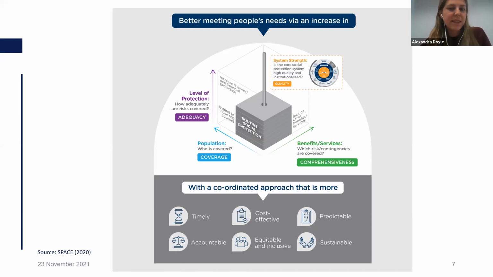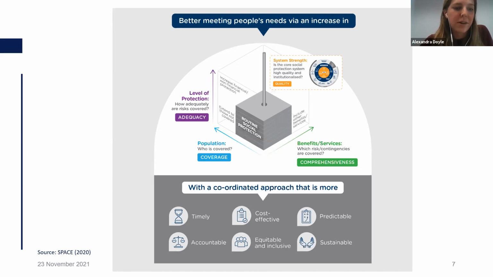In some instances, they could increase coverage by reaching people not routinely covered by social assistance programs. And in others, they were able to expand comprehensiveness to address new risks. And this all took place in a context where there was a need to act quickly before people start to resort to using negative coping strategies. And so timeliness was crucial. Other principles that countries tried to follow were being cost effective, providing support that was predictable or that it allowed people to plan,